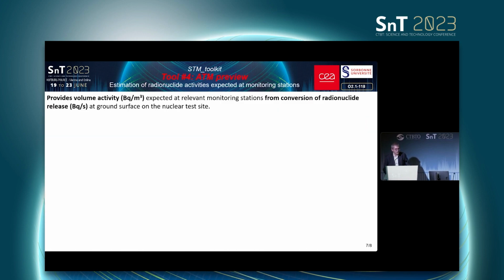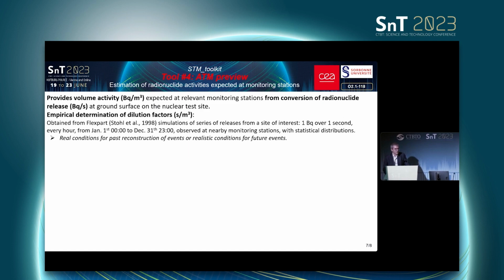Then we can enter tool number 4, which is the ATM preview. It will give an estimate of the radionuclide activities expected at the monitoring stations. It provides the volume activity from the conversion of the radionuclide release at the nuclear test sites. For this, we are using empirical determination of the dilution factors as well as the transit time obtained from a FLEXPART simulation of series of releases from a site of interest. This is one